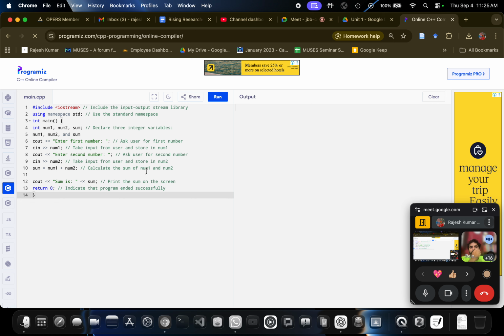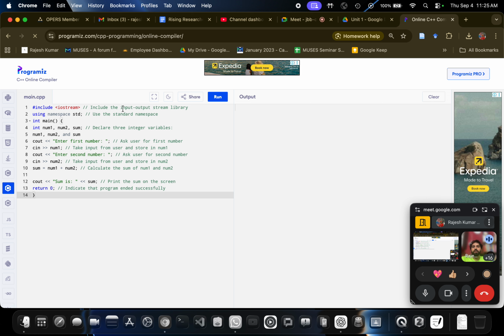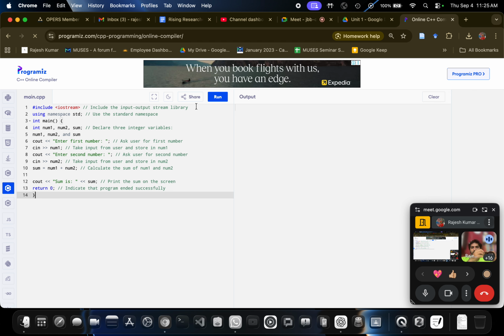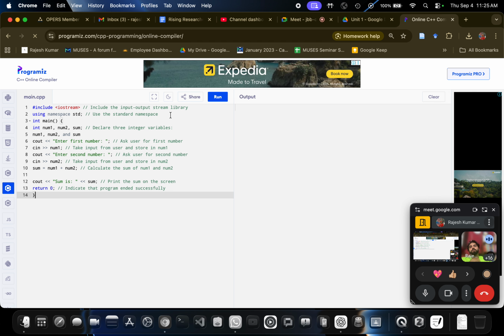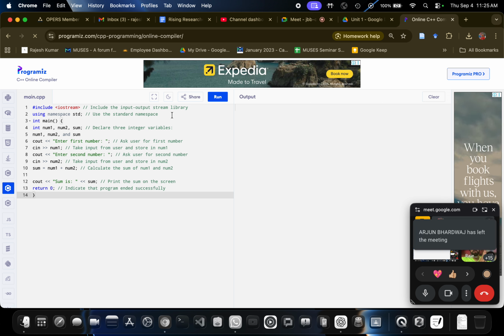Let us go line by line. The first line is include iostream. These are header files, which tell the program how to handle input and output. Using namespace std: we are telling our code to use names in the standard context.